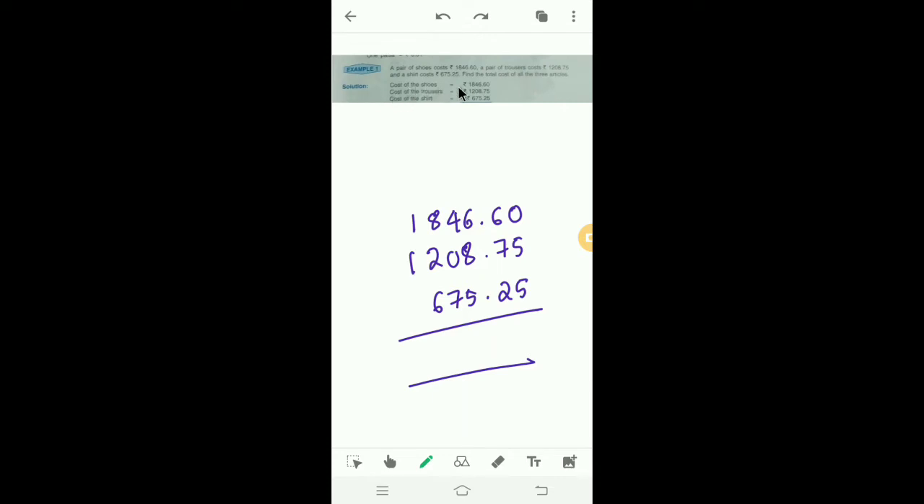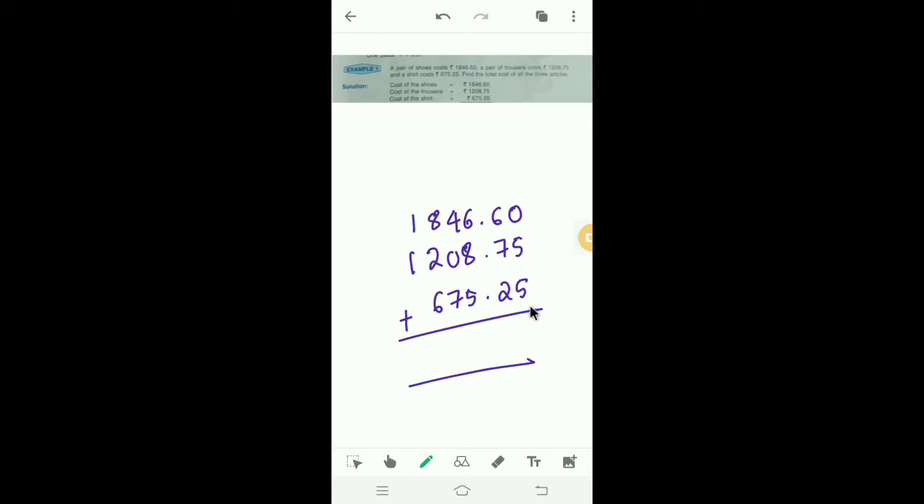Cost of the shoes is equal to 1846 rupees 60 paise. Cost of the trousers is equal to 1208 rupees 75 paise. Cost of the shirt is equal to 675 rupees 25 paise. So next we have to add all the three articles. 0 plus 5